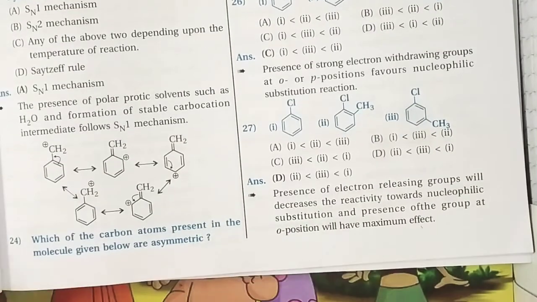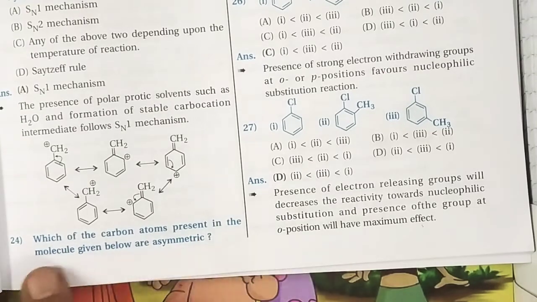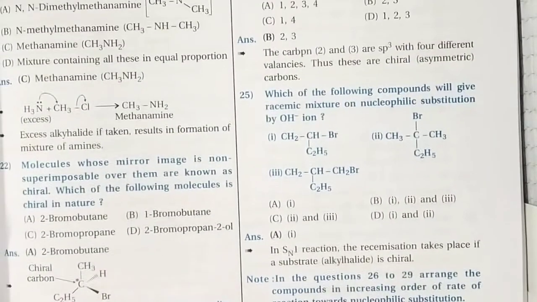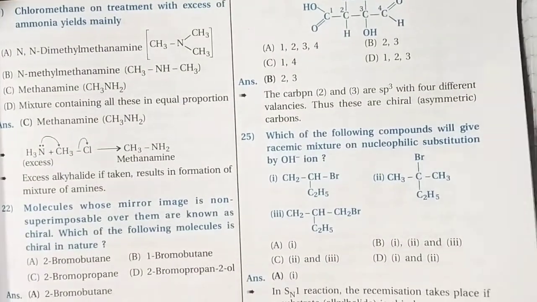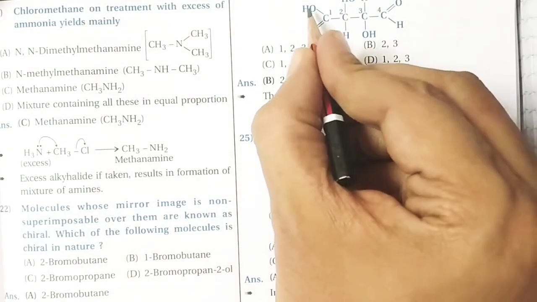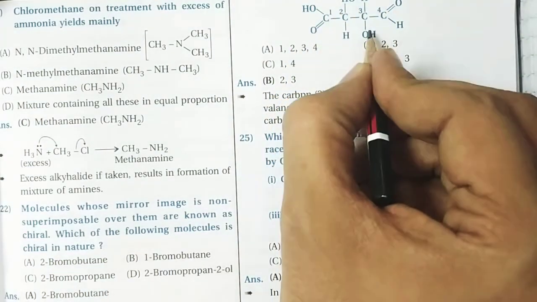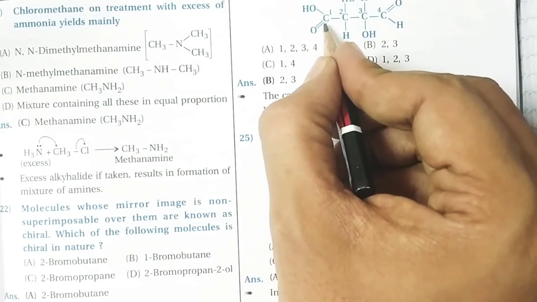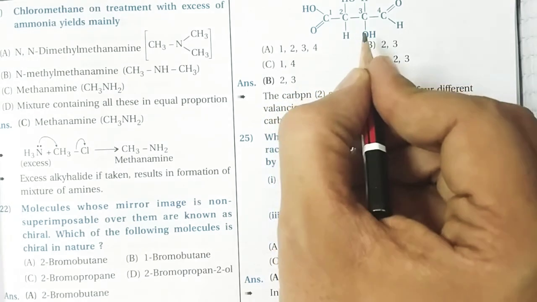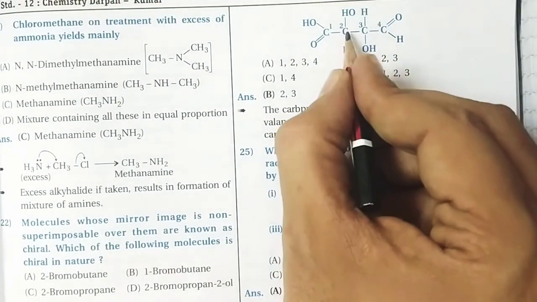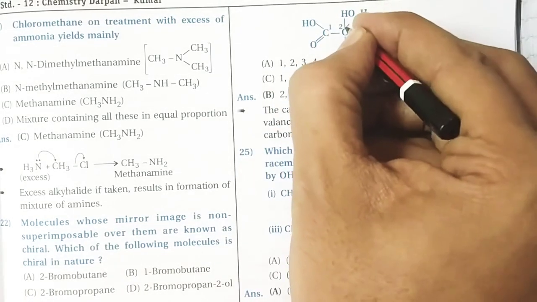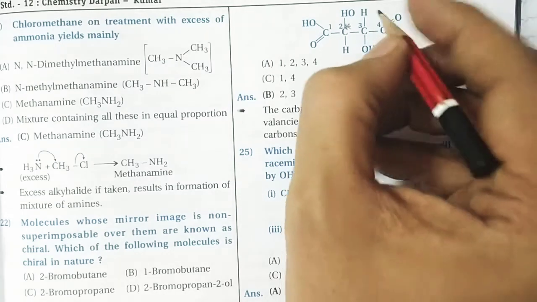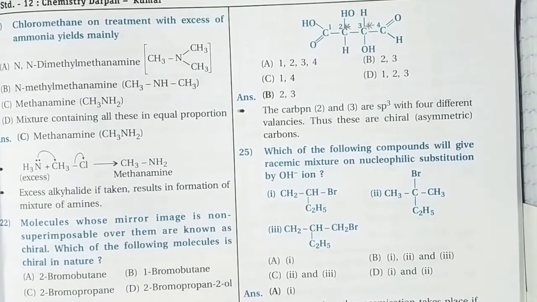mechanism. Next one. Which of the carbon atoms present in the molecule given below are asymmetric? So we have to find out whether our compound is chiral or non-chiral in nature. In this case, first one, OH is different, this is different and all the remaining groups, because this is a double bond O. So double bond O is sp2. So there is no chirality that we have to see in the case of a double bond. Same here in this case, it is also not possible, but structure number 2 has a chiral center because OH is different, H is different, number 1 is different and the remaining all are different. Same way 3 is also chiral in nature.